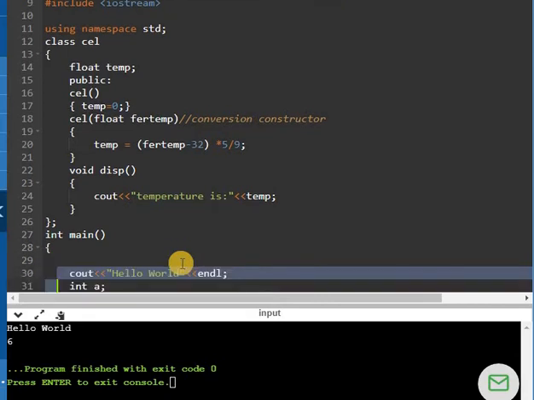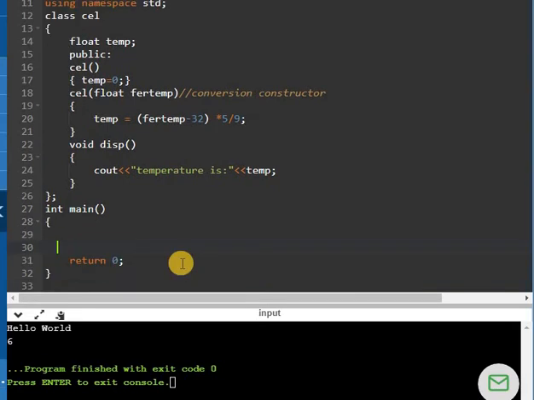From this line to this line I will delete everything, and I will write the main code by creating the Celsius object. So obj is the Celsius object I have taken. Because I am going to convert a basic data type into a class data type, whatever I have done in this class is a blueprint of the operation which I want to perform on the objects of this class. I am just assigning a simple float value to the object of the Celsius class. So I have to take one float variable here also, one runtime variable.